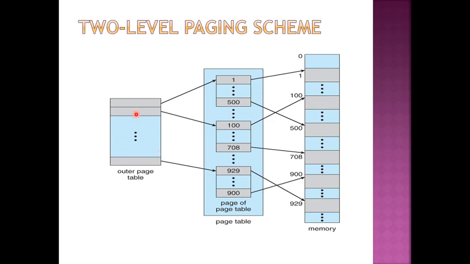So whenever I reference any one of the pages from the outer page table, I'll be redirected to a set of pages, or if I'm choosing one, then I'll be redirected to a single page table. Again, here I have to look at the displacement, or here again I have to know what is the page number that I'll be referring to, and then finally you can map it to the final memory. More detailed working of this we'll see in the next slide.